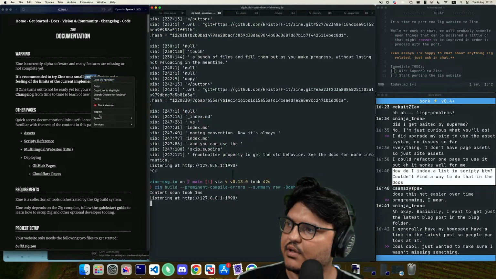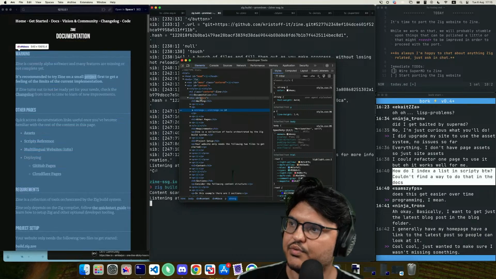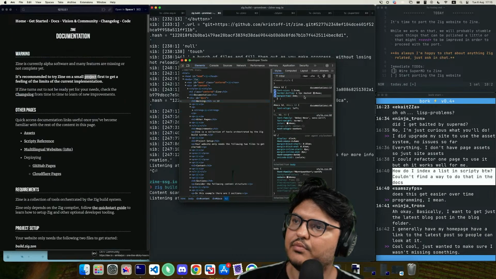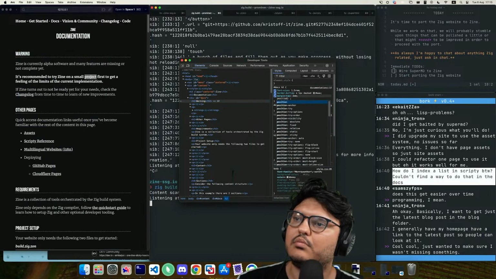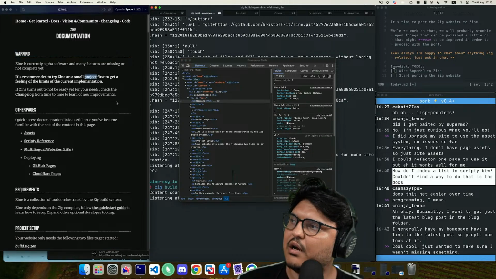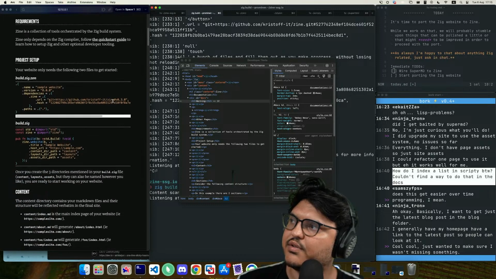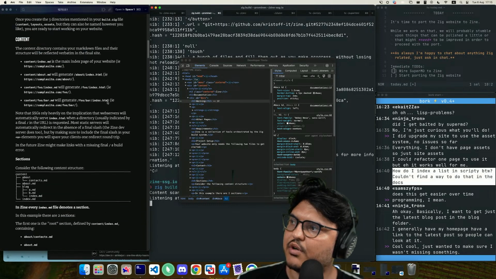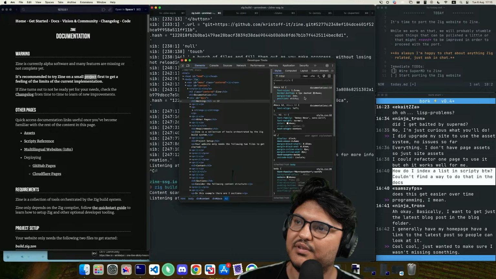Okay, so inspect H2. So how would position sticky work like this now? This is not working really well at all.